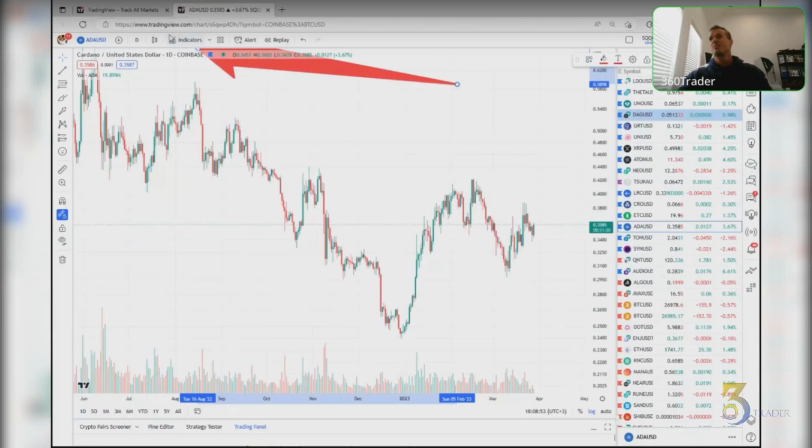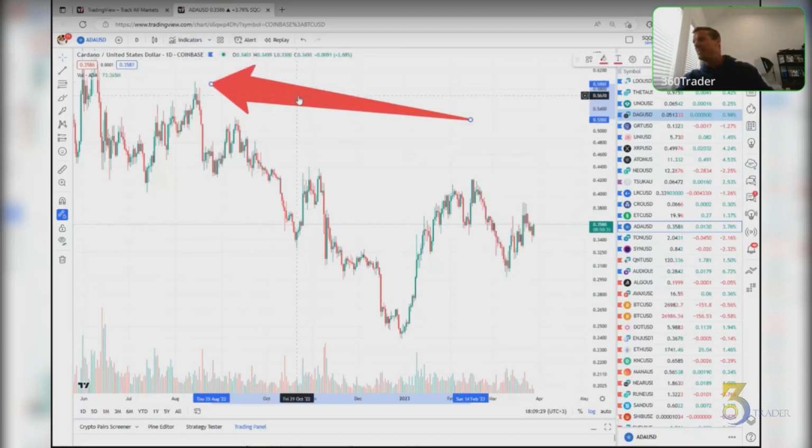Indicators. This is responsible for the destruction of more portfolios than I can imagine, because you're going to get in here and you're going to start just throwing all kinds of junk on your chart. Man, there's even stuff in here that'll label your chart with buy and sell. The word buy and sell. And you're going to think, oh, look, it even tells me when to buy and sell. And you're going to get your butt hammered. I'm telling you right now, you're going to get absolutely destroyed.